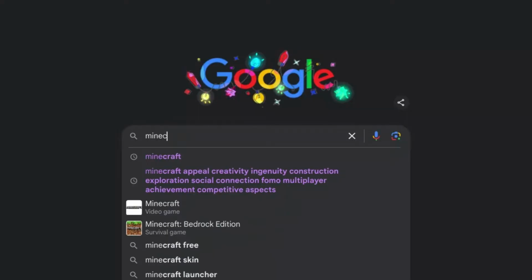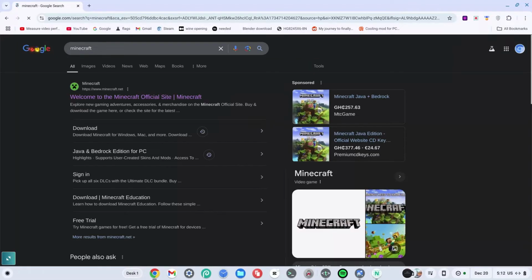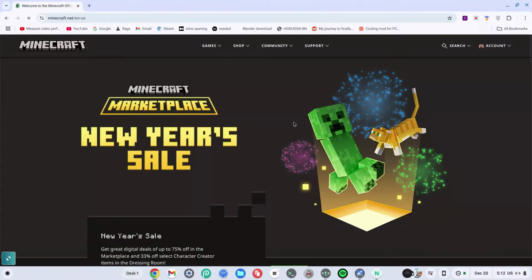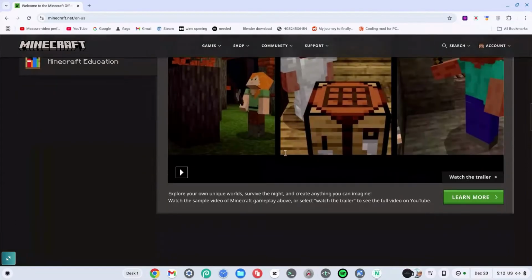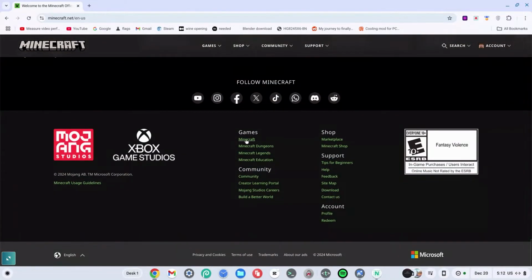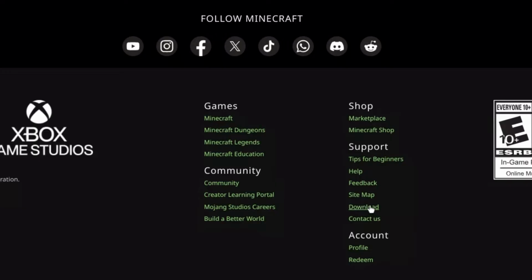Click in your browser, type in Minecraft and hit enter right away. Now make sure to select the official site for Minecraft right at the top. Excellent. Now, once on the Minecraft page, scroll all the way to the bottom of the page. You're going to see different categories: there's the games, the community, support, shop, and account. Now, go ahead and click on the download icon right under the support